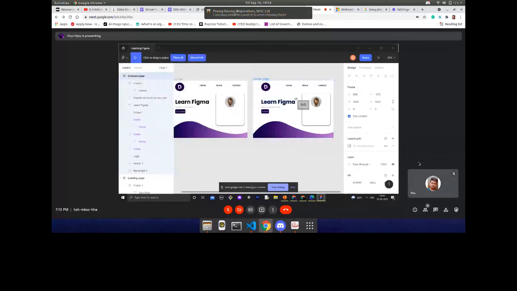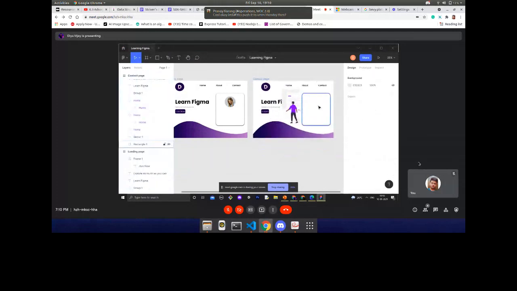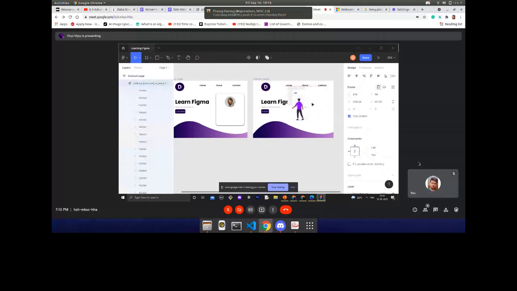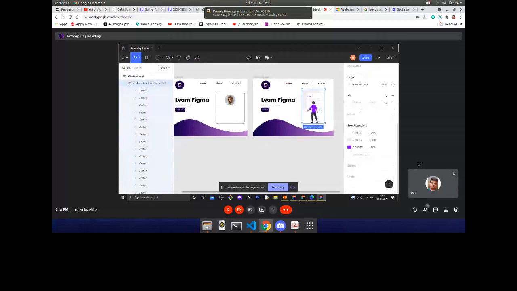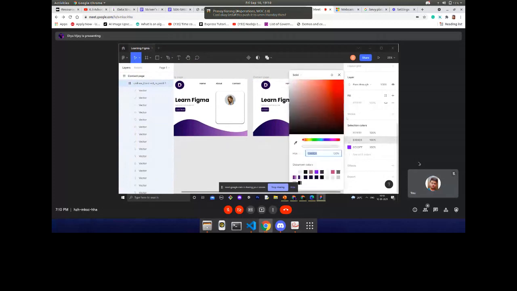This one, and just place this SVG right here. Okay, so let me remove all this stuff from here. I will arrange my SVG right here, and it gives you an amazing feature that you can also change the color of your SVGs,